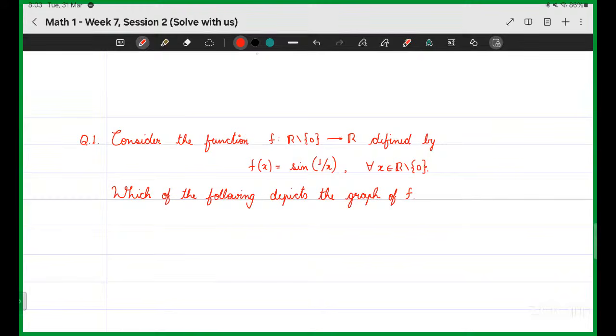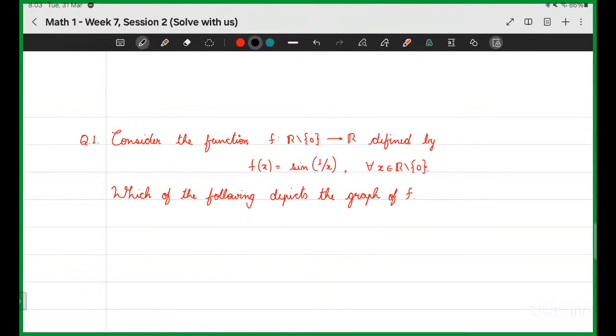So we have 10 questions. Roughly, what we will do is the question will be displayed on the screen, and I'll give you guys 5 to 6 minutes to solve it. And then we'll go through the solution. So the first question is actually a three-part question. It is written as three different questions,